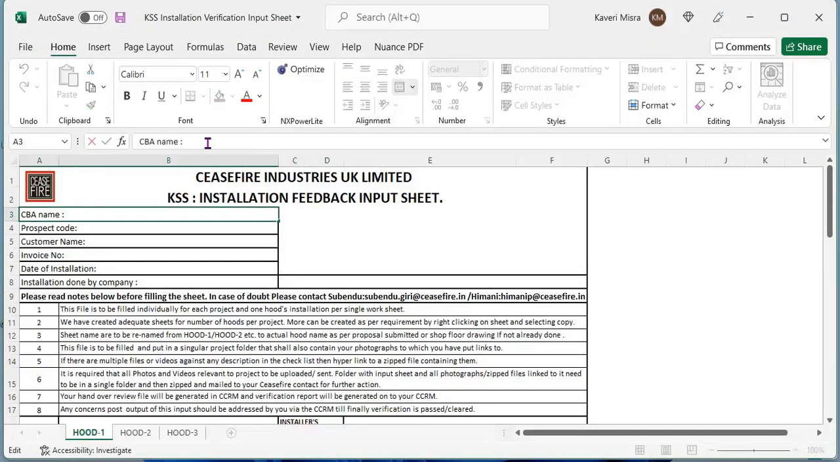The CBA name, let's say it is Complete Safety Solutions. The prospect code is important and we need to keep that in mind. Let's say it is P02345667. The customer name, let's say, is Link Manufacturing. Invoice number is P987654. Date of installation is, let's say, 15th April 2022,